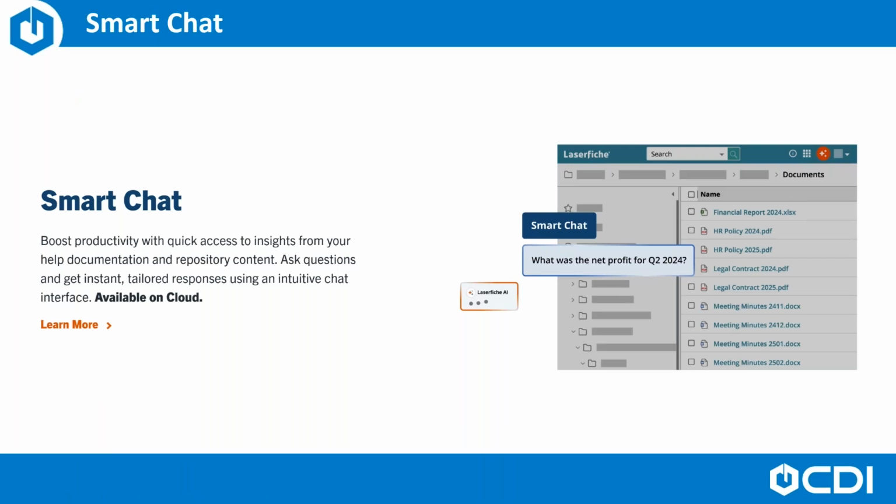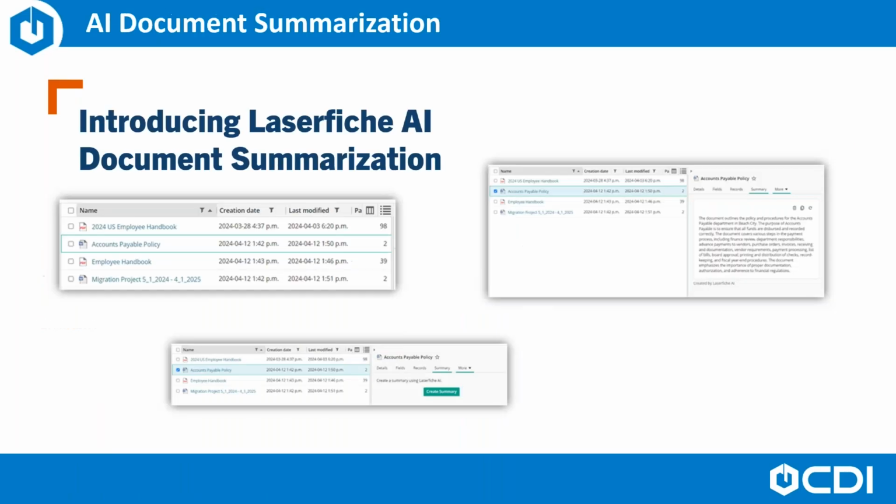released recently in Laserfiche. Close on its coattails is the AI document summarization powered by generative AI. This technology is one more step in Laserfiche's transformative journey to harness AI for customer productivity, and users can add any document into the repository or a video, something with a text or voice transcription, yes, even videos.